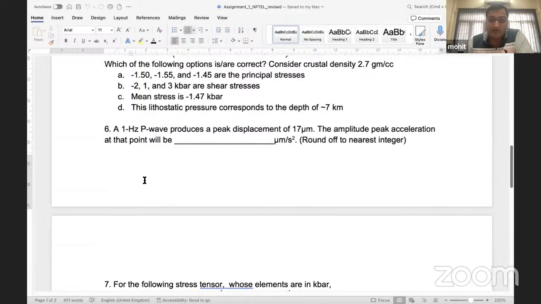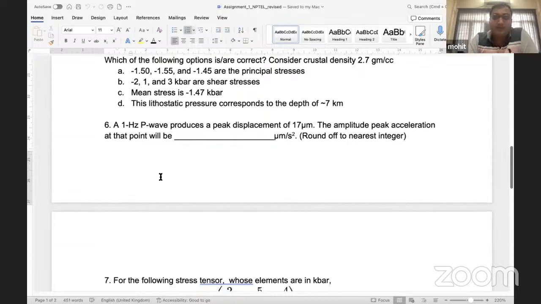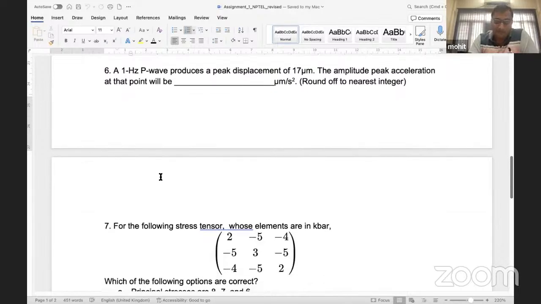Acceleration you are required to calculate and peak displacement is given. So acceleration is equal to omega square A, omega square multiplied by 17 micrometer. The answer should come out to be around 671